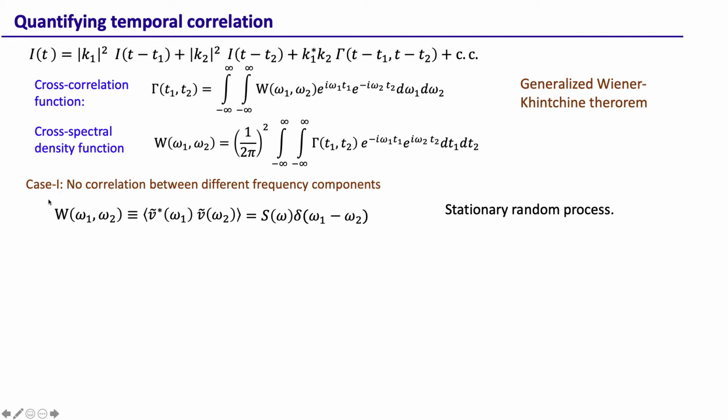So that indeed is our first case, when the cross spectral density function is of this form, which has no correlation between different frequency components. Since this is a stationary random process, the correlation functions cannot depend on the origin of time. And so in this case,